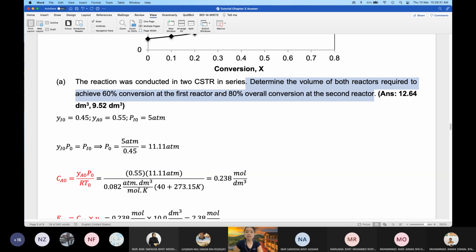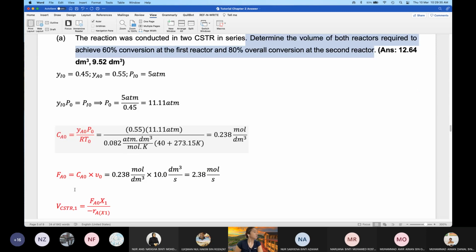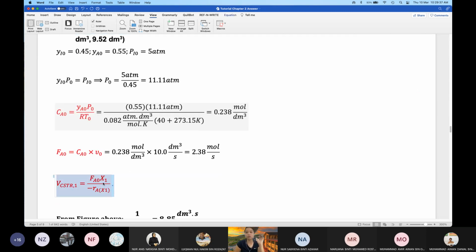Okay, so let's say you don't know where to start. Of course lah, kita nak cari volume. Kita start dulu dengan design equation dia. Okay, so kalau kamu confuse part-part sentence yang banyak-banyak information tu,